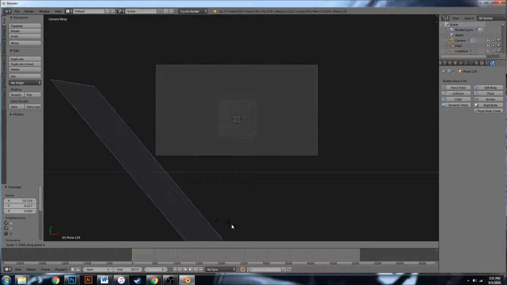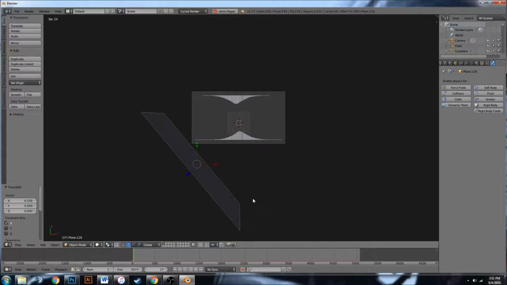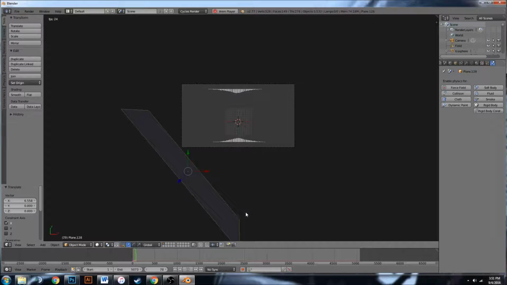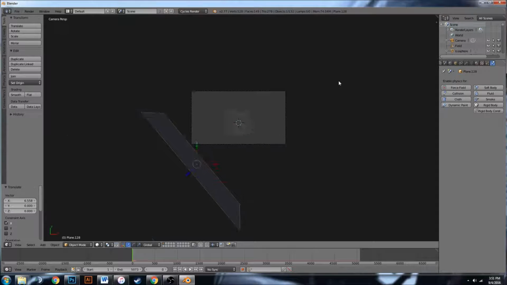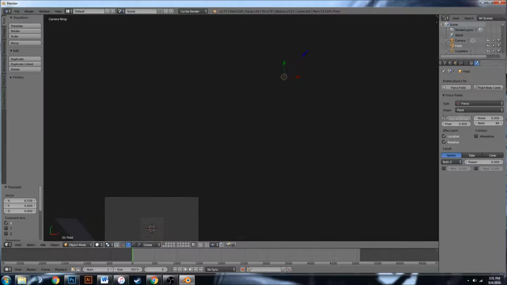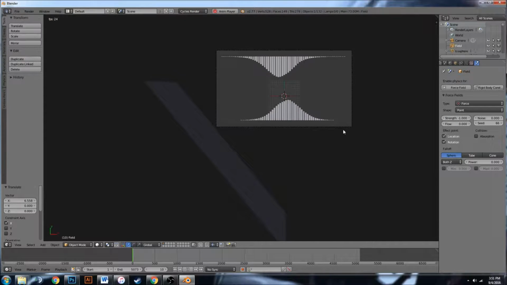So press S, X, G, Y, that way there's fewer over there, G, X to pull it over here, and that way, yeah, there's going to be particles over here in this corner. I hope that makes sense. Those are still moving really fast. Not really fast, but faster than I want them to, so I'm going to change this to like -1. I could also move it further back, but